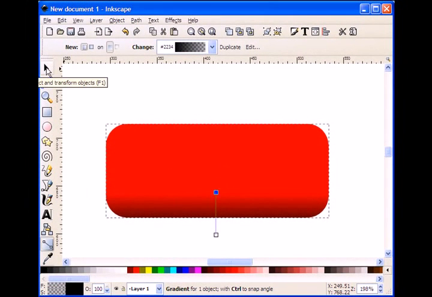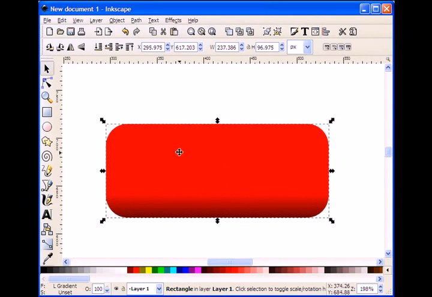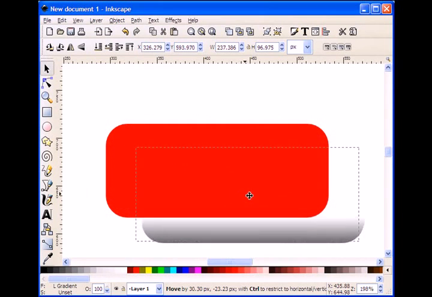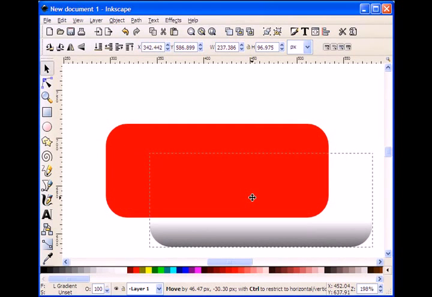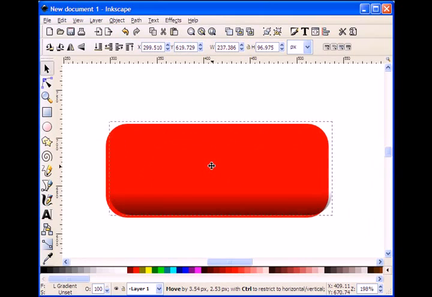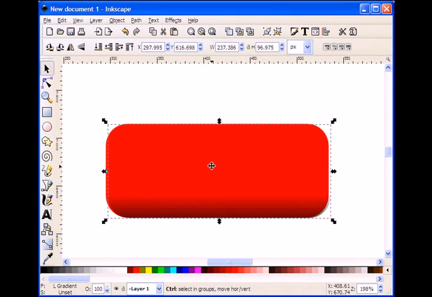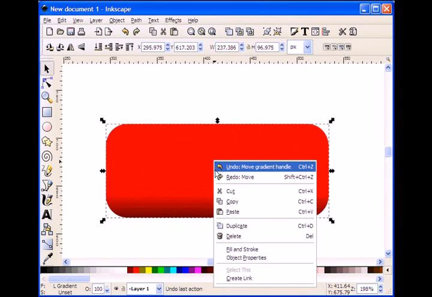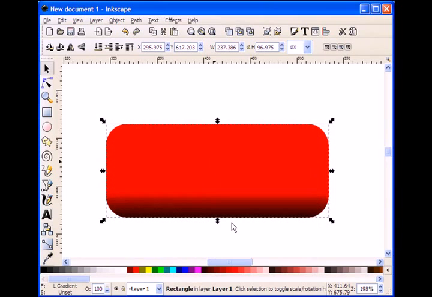So to kind of show you what that looks like, I'll use the selection tool again, and this top layer that used to be completely black, I'll just kind of move it off to the side, and you can see the effect that was created on that. Okay, so let me go ahead and put this back into place. Okay, now I'm going to create another copy of this button. So again, I'm going to right click the mouse and I'm going to choose duplicate again,